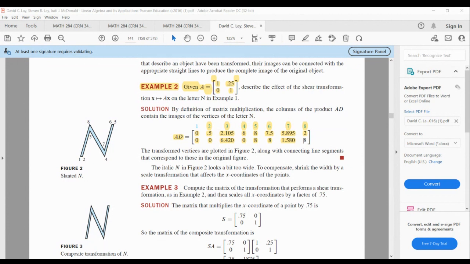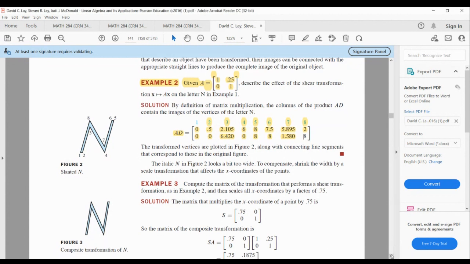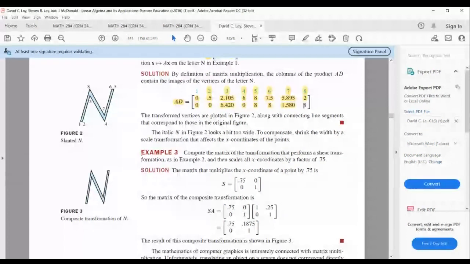Okay, now another thing in example, well, are there any questions on example 2? Okay, well let's proceed on then. Let's proceed on to example 3. So in example 3,